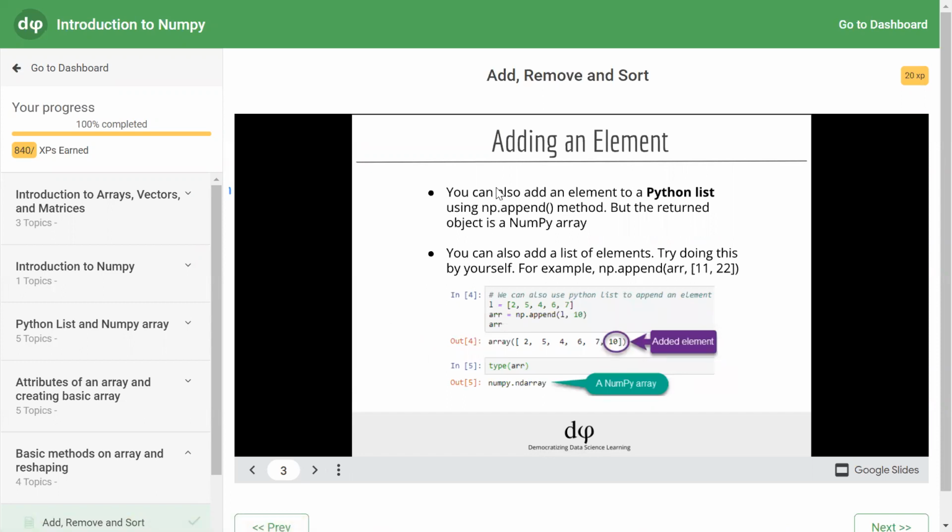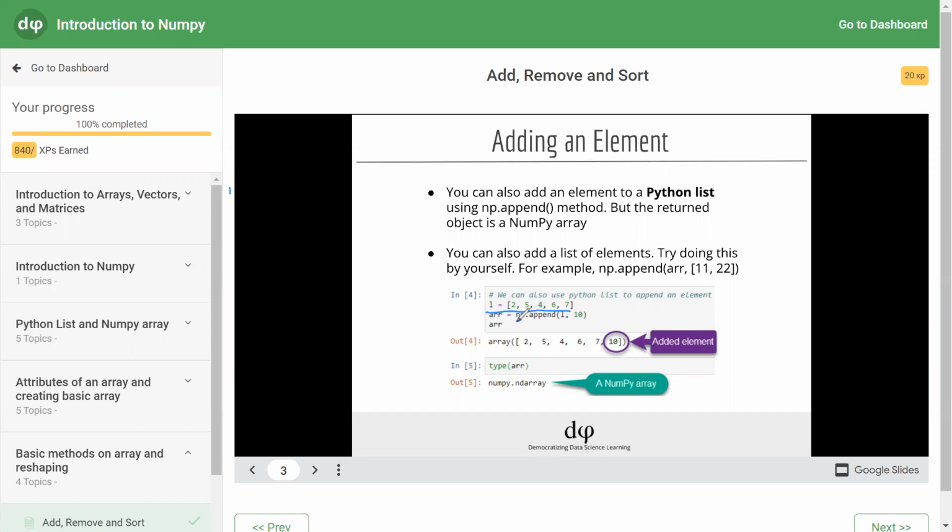Adding an element. When you want to add an element to a Python list, you can also add the element to the Python list using np.append method, but the return object will be a NumPy array. So in the next example, you are creating a list. This list contains elements 2, 5, 4, 6, 7.